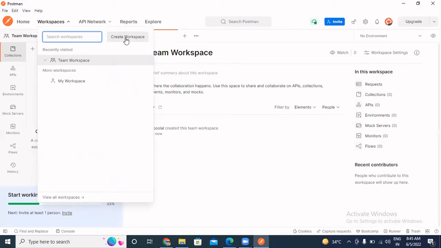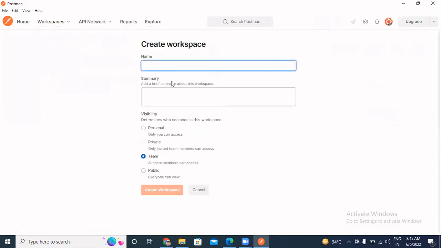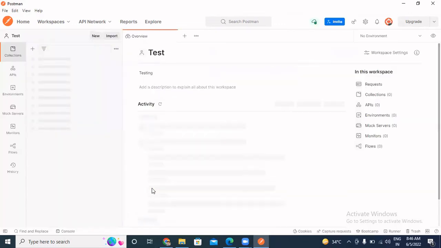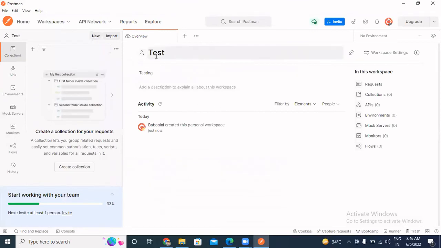So create here, create workspace. Write here a name, whatever your team name is, like I'm writing test here. It can be anything. I'm using personal, so I'm creating a personal workspace. Okay, so I tested here, it comes, and then now we have to use the